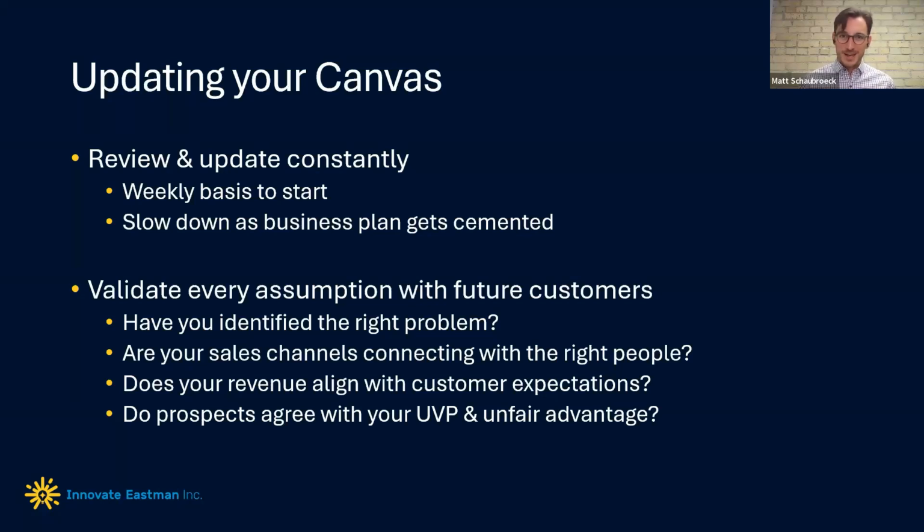Think of it like cement, right? Cement is very liquid and porous. You can do a lot of things with it as you just mix. And eventually that will start to stabilize and start to get rock hard. Once you hit that level of cement that is calcified, that you have stability on, that's when you'll be able to start going into more detail. That's when you'll start to be able to, with confidence, reliably draft a more detailed business plan, if that is something that you need, that 20, 40, 60-page document that really gets into the details. Because you'll have the foundations of your business plan now already set because you've gone through this Canvas process and